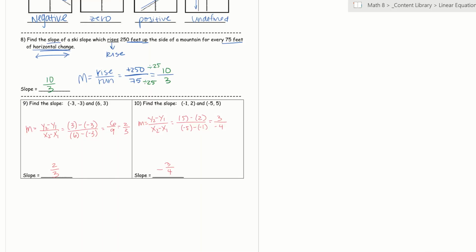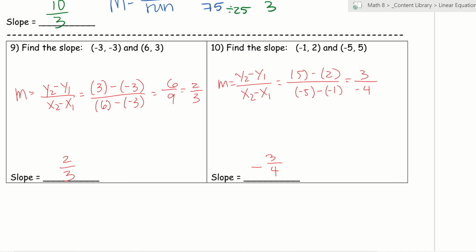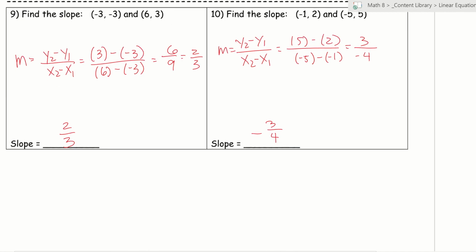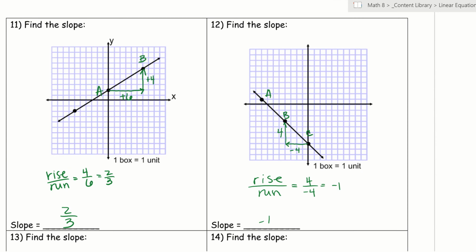There we go. Okay, so I worked on some of the problems. And so here are the slopes for 9 and 10 we just went over, right? 9 and 10: 2/3, negative 3/4. Let's scroll up. To find the slope for 11 and 12, what I did here